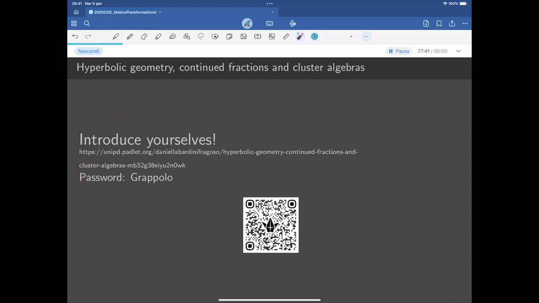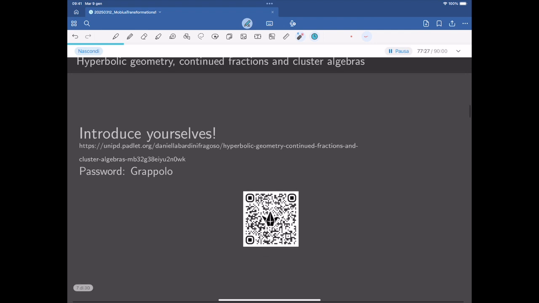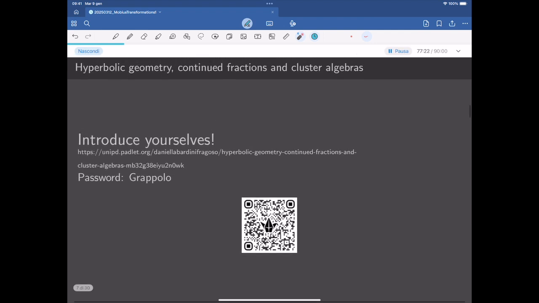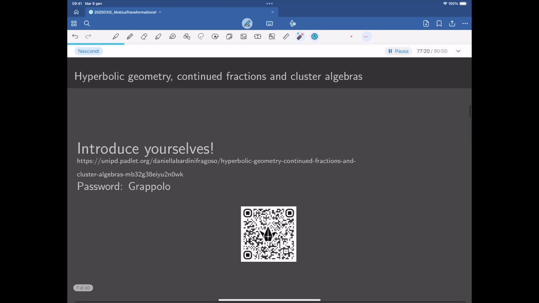It's been already two or three weeks since the course started, and I'm the only one who has written something in this Padlet platform. But here, I hope that I'm not the only one who does it. I know I'm not going to be the only one, but I hope that it's not only the usual